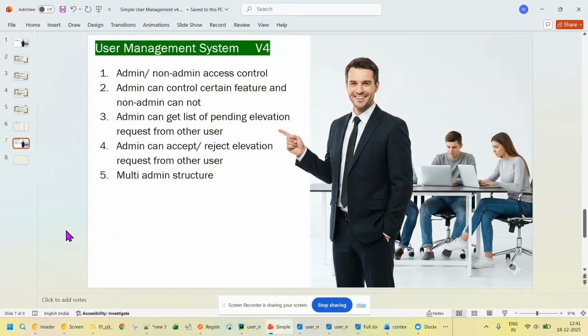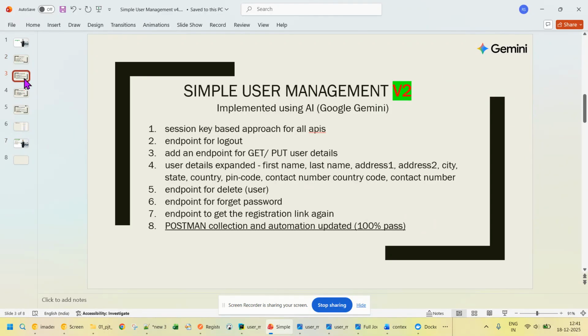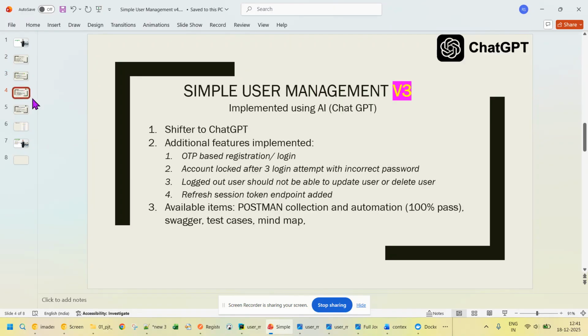Hello friends, welcome back to this user management system version 4. So far we have seen three versions. Let me start from the beginning. In the first we have seen very basic things. Second, we have seen the session based API and some additional endpoints added. Third, we have shifted to ChatGPT and everything is generated by AI, ChatGPT, the development code as well as